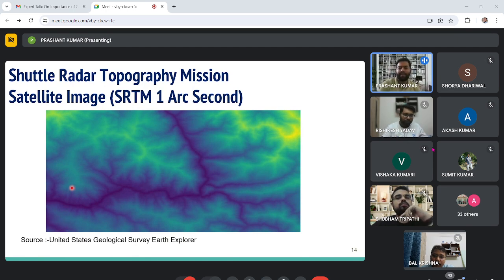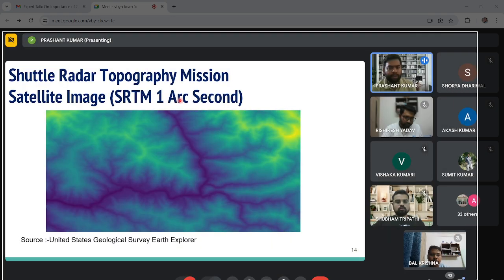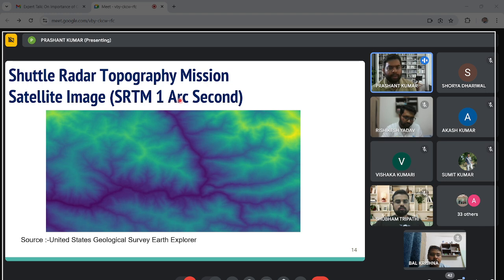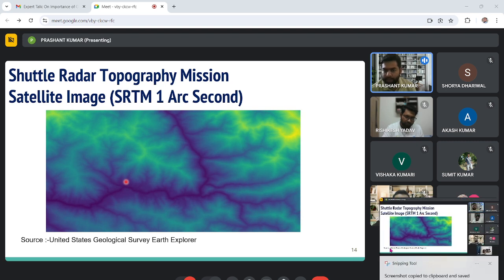So this is the Shuttle Radar Topography Mission. It's based on the United States Geological Survey. It is basically called satellite images. So this 1 arc second, I'll explain to you what a raster data is in the end. I put all the theory part in that. So this raster data gives you the information about the elevation. In this image, in every pixel, instead of a color, we can correlate, but the main information this pixel has is a value, and that value is not binary. It's in terms of an elevation,